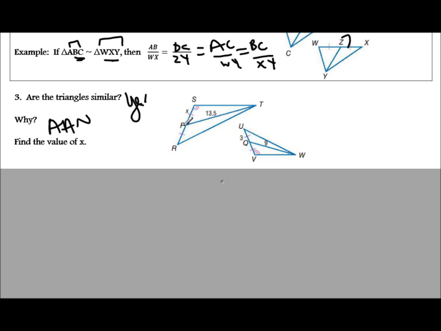So we can say that TP 13.5 over the other median 9 is equal to, well, remember, the sides of the triangle. So side SR, which is a total of x plus x, so 2x, is going to be over side UV, 3 plus 3, which is 6. And the reason we did that is because, look, this triangle